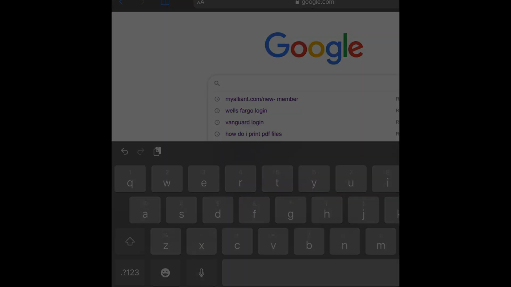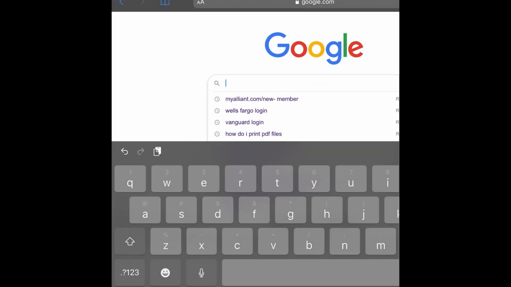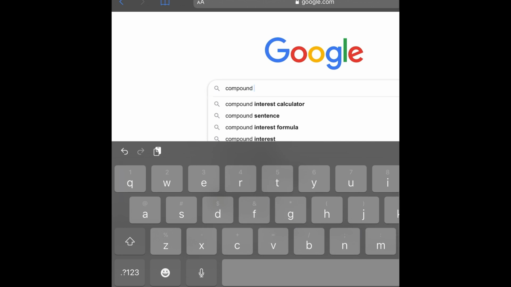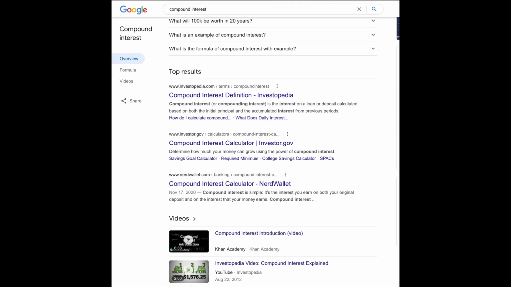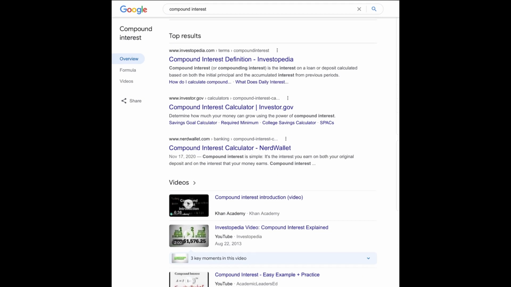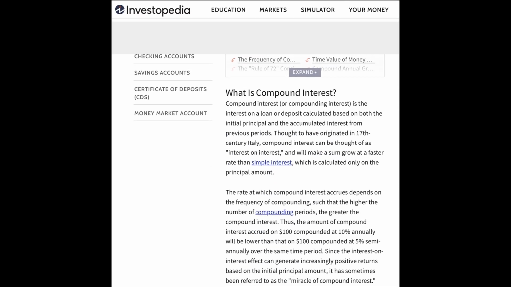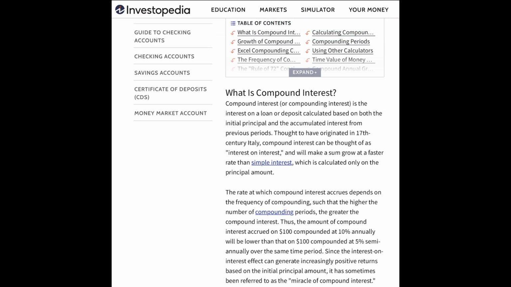Hello everyone. Let's try to learn today about compound interest. What is compound interest? Let's find a definition that's easy to understand. So let's try this from investopedia.com. Investopedia.com defined compound interest